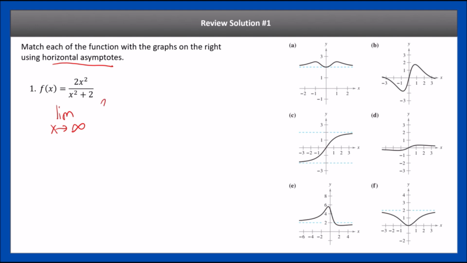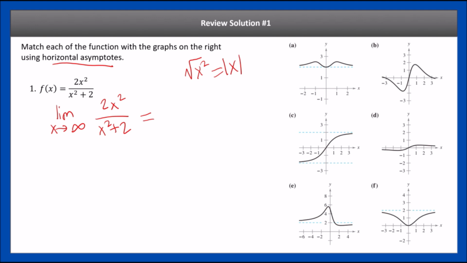All right, so here we're going to do the limit as x approaches infinity of the function. Here's the key. If you don't have any square root of x squareds or any absolute value of x's or anything like that, this means that most of the time the limits at positive and negative infinity are going to be the same. So here, both sides are going to be the same. We don't have to worry about it because we don't have any situations with absolute value. In this case, divide by the highest power in the numerator and denominator, which is x squared. So we're going to divide